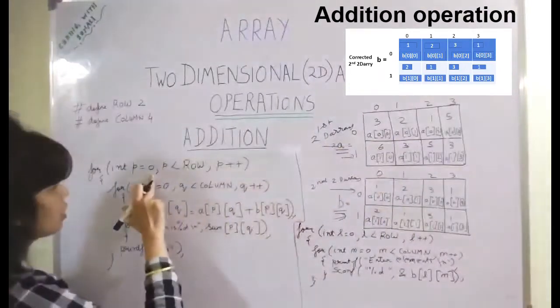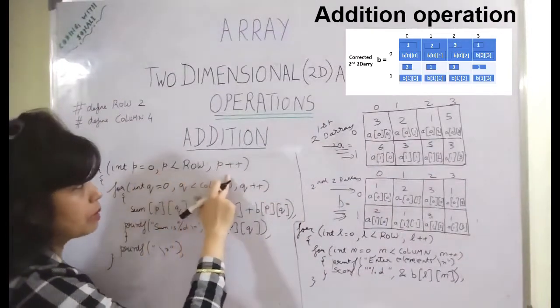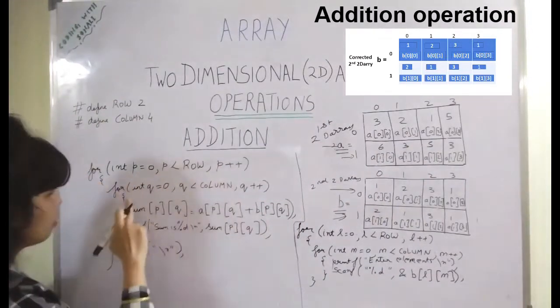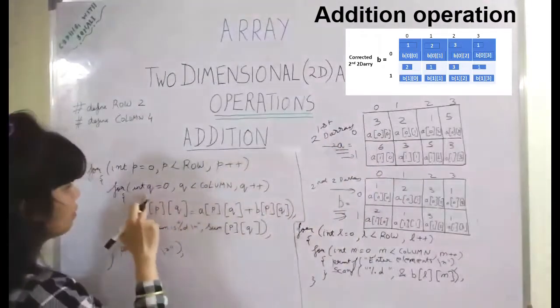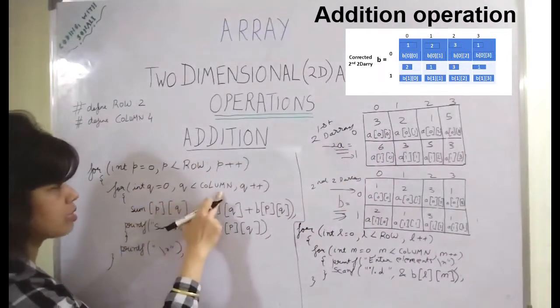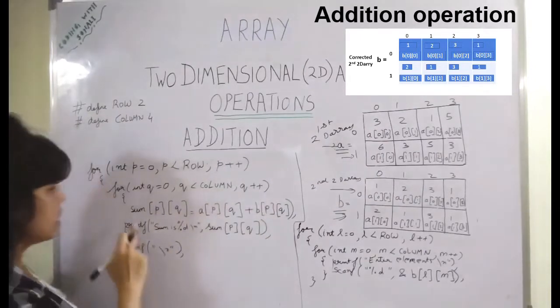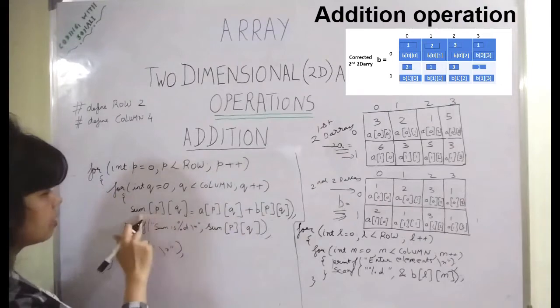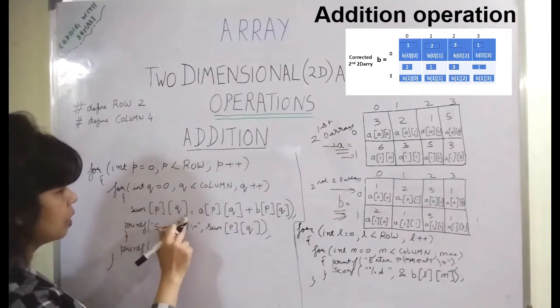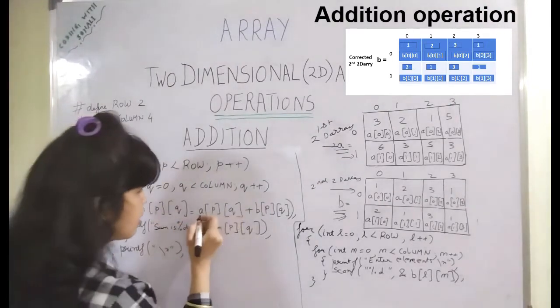So therefore p is equal to 0, p less than row, p plus plus, and the inner for loop, for each row we will be iterating over the columns. So int q is equal to 0, q less than column, q plus plus, and then the main operation of addition. You can see here sum[p][q] is equal to,